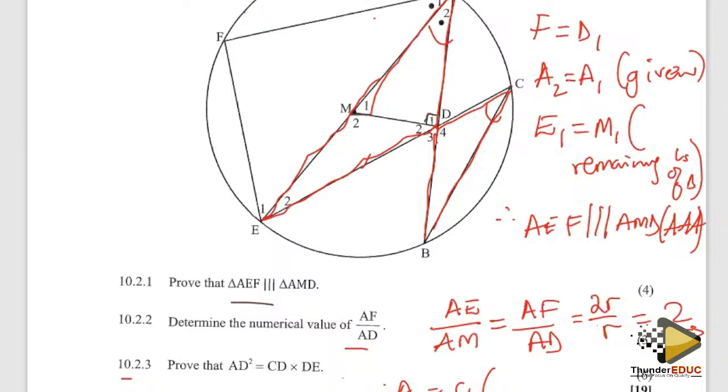Angles subtended by the same arc. Equal arcs subtend equal angles, something like that. And if that is true, which means even E2 will be the same as B because of the same reason. Angles subtended by the same arcs or equal arcs. And if that is also perfect,